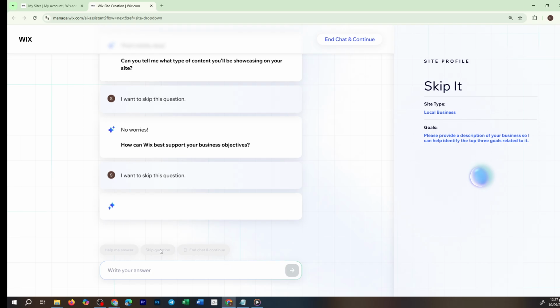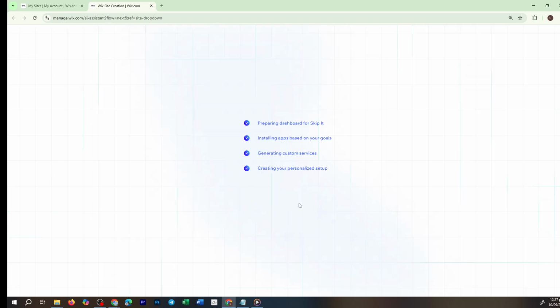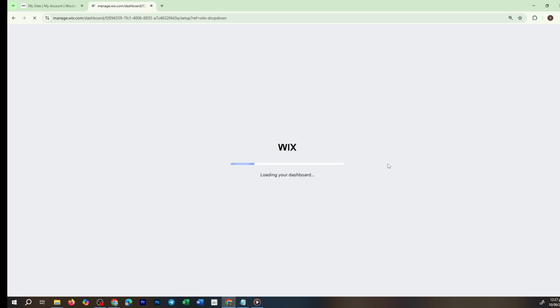Now direct your attention to the upper right corner and click Design Site. From there, you'll want to select Generate a Design with AI. It's at this stage that the magic happens. Wix will work its magic, and in just a few minutes, you'll be presented with a preview of your new